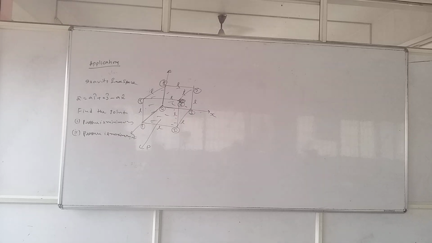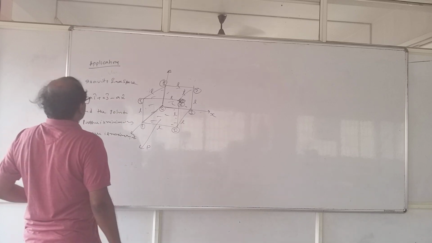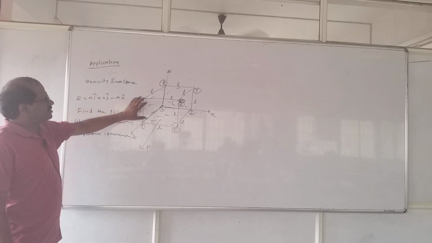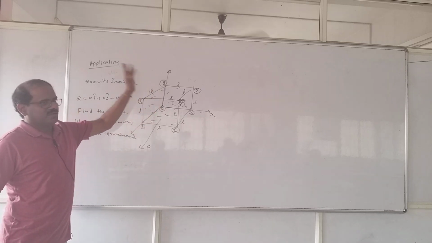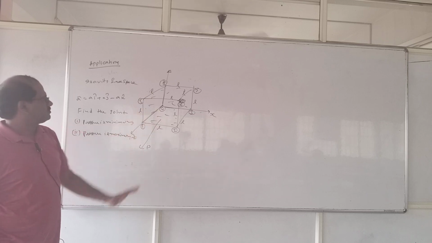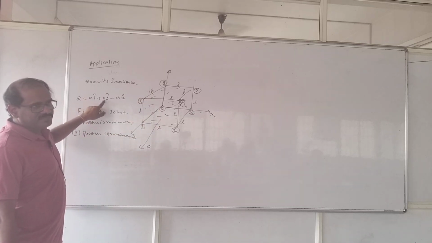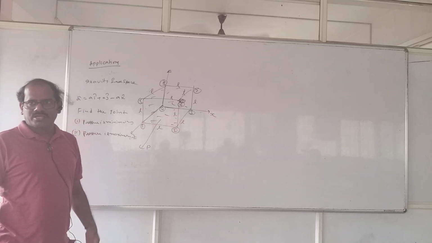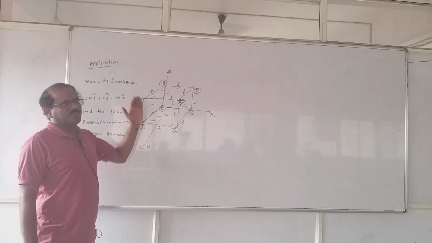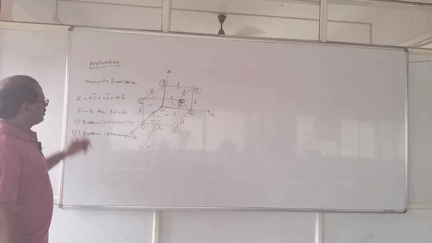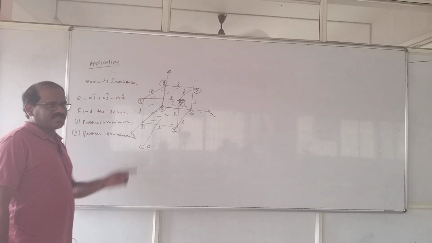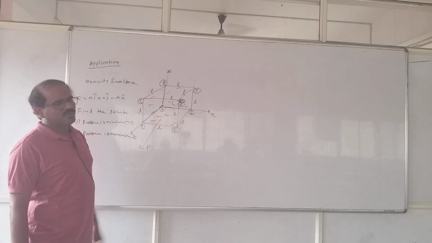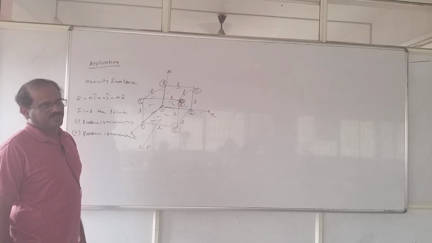Now you see, a i cap is acceleration to the right side. That means this entire surface has to give pressure towards the right side. a j cap, upward, is acceleration. That means this downward one has to give force in the upward direction. Now minus a k cap, acceleration into the plane of the board. This one has to give force in that direction.